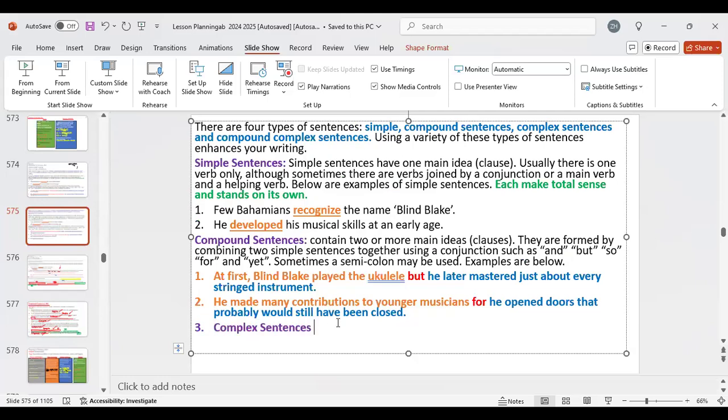So quick review. Simple sentences only have 1 clause, 1 main idea. Compound sentences have 2 clauses, but both of them are independent clauses, right? And they are connected by using a conjunction. That's very important. Simple sentences, 1 independent clause. Compound sentences, 2 independent clauses connected by a conjunction. Now, complex sentence is different. So complex sentences contain